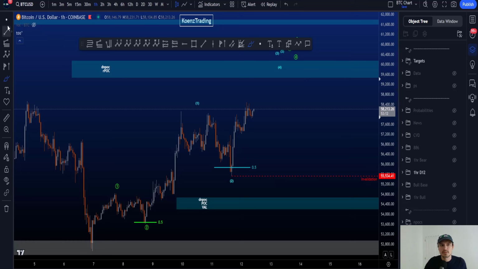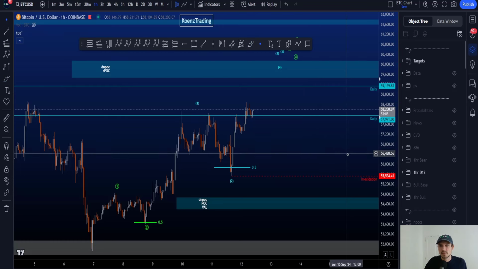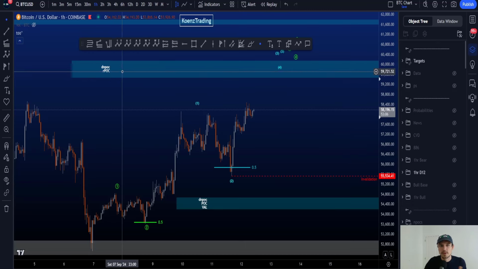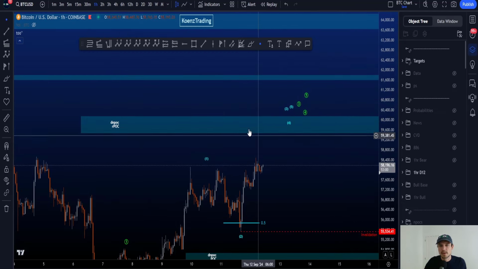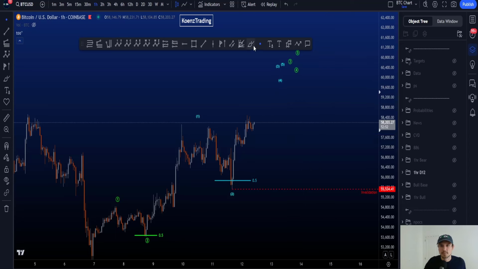Now the immediate resistance that we have to the upside here is a daily at 59.1k, but after that we have the blue box here, 59.4 to 60.2k. If we can pass this resistance, then the next one up here is going to be around 61.6, and then we are going to be in the mid 60s soon after. The invalidation for this scenario is price taking out the low at